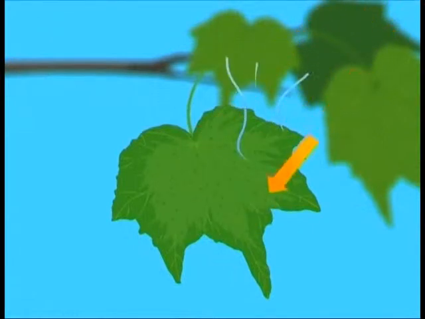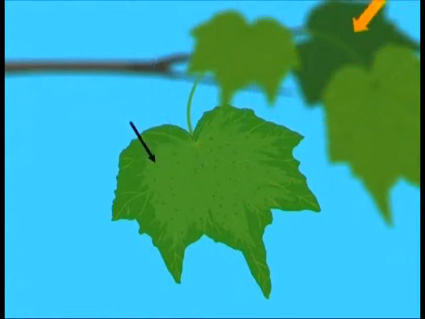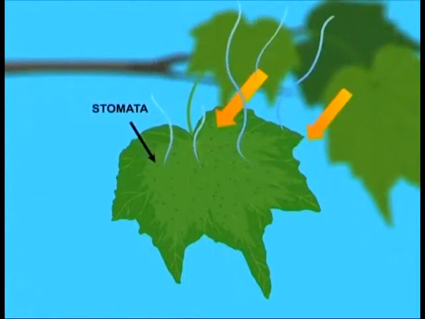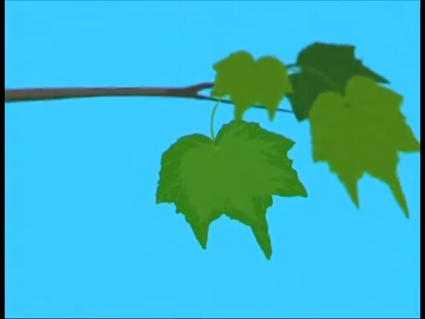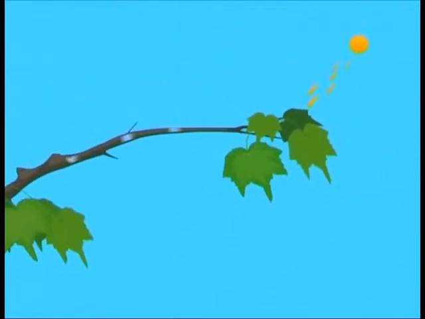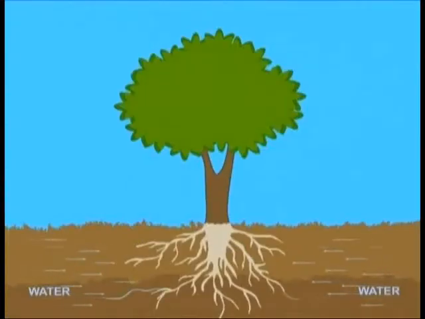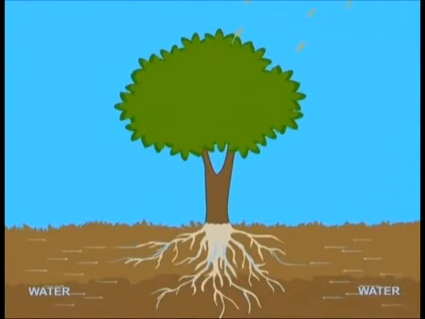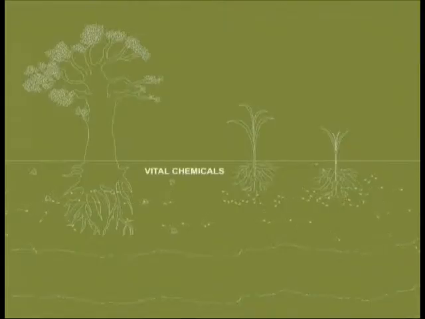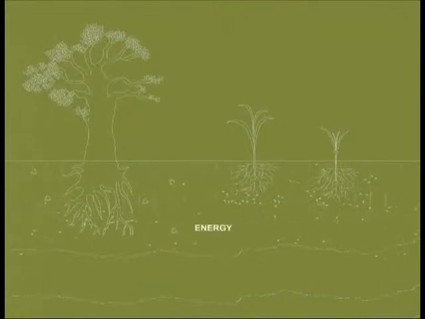Each leaf has tiny holes or pores known as stomata that let water evaporate and drift away. This process of evaporation, also known as transpiration, makes the leaf suck more water through its stalk. This in turn pulls water from the tree's twigs and branches and up through its trunk from the roots. The water carries vital chemicals which the tree needs for making food and energy.